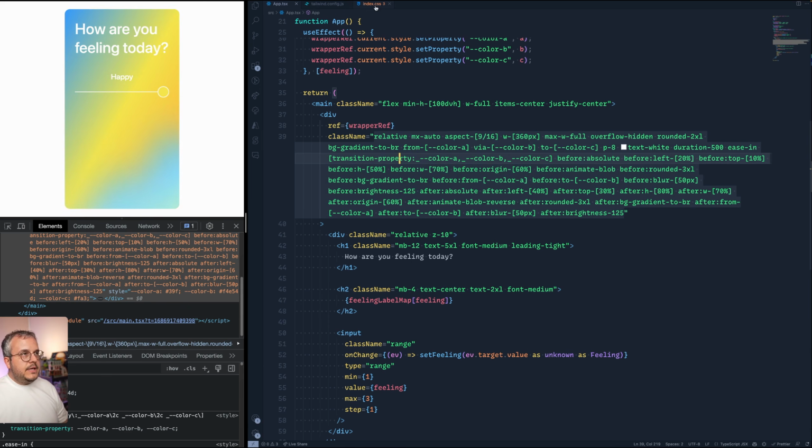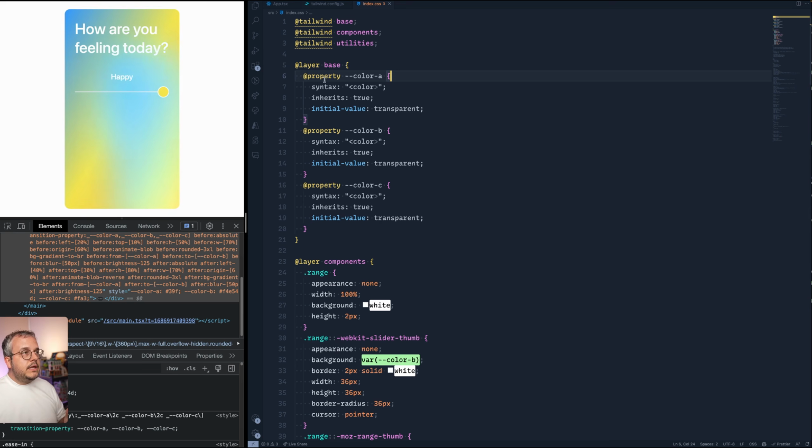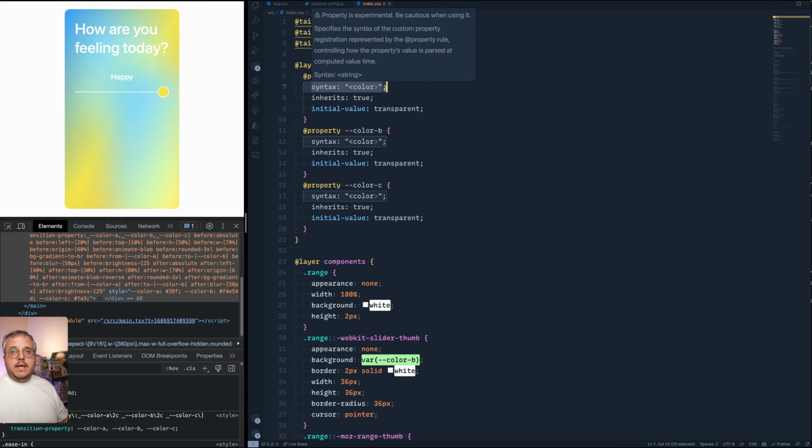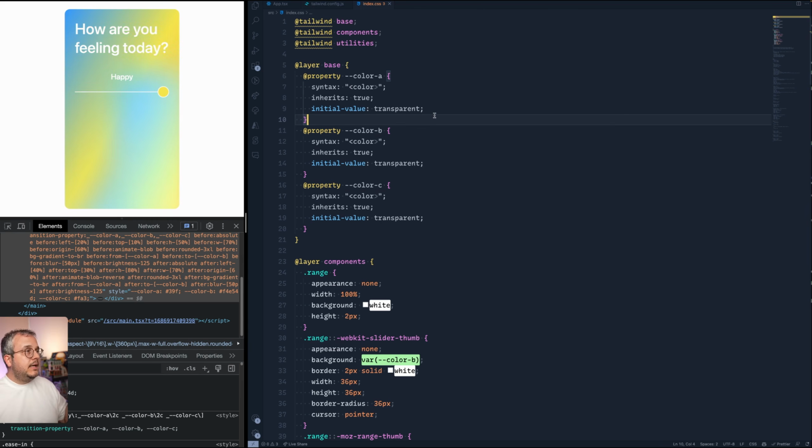And then the final piece that actually enables everything is defining these add property rules. They tell the browser what type your variable actually is. And by telling it it's a color, it now knows how to transition from one color to another. And then it doesn't matter if you use this color in a variable or as a background, it will simply transition the property, and then that property will be displayed, even if it's in a gradient. And that then suddenly enables the animation of gradients, which is just super, super nice.